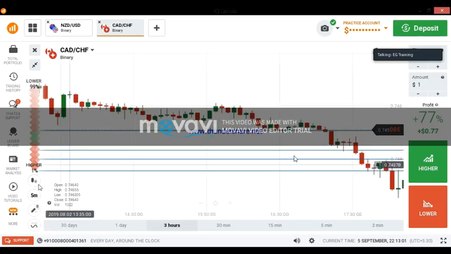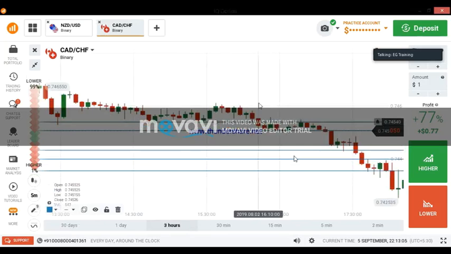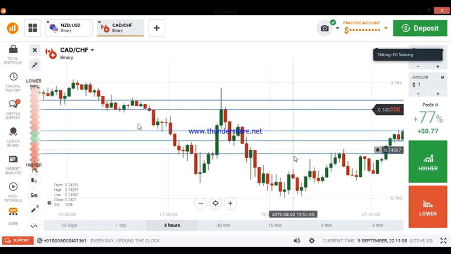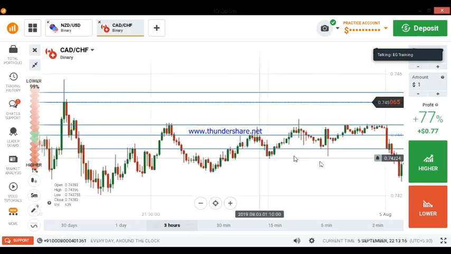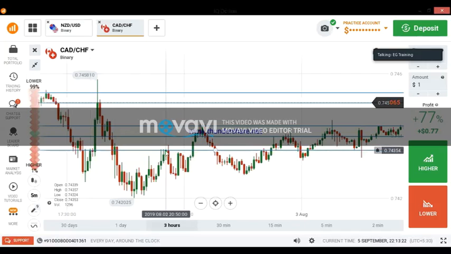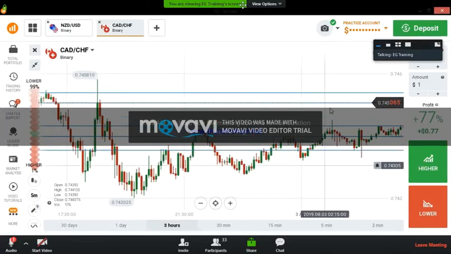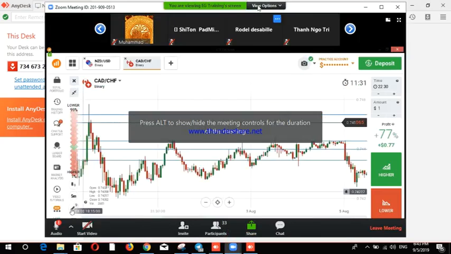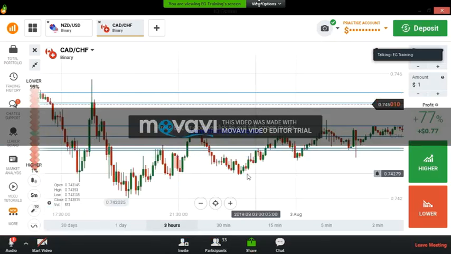And here, yeah, there is a reversal point here. Yeah, there is a reversal point here, and here also, and here also. So we should check these levels first. Okay, this level. Yeah, there is a reversal, again a reversal, again a reversal, no reversal, reversal, reversal. Here also there are some reversals. So I will draw one more line here. Yeah, this level. The market is respecting this level.